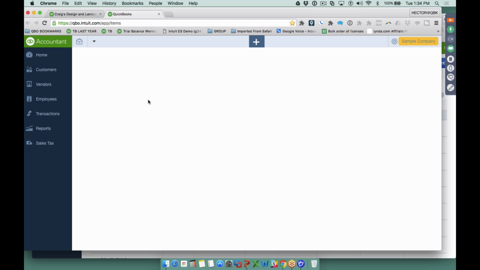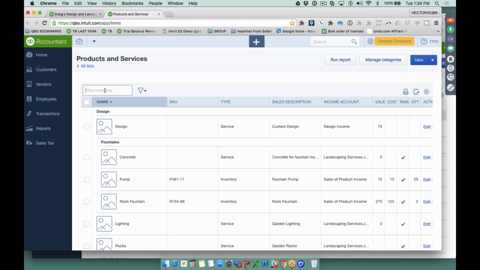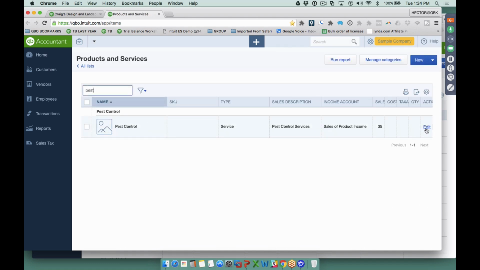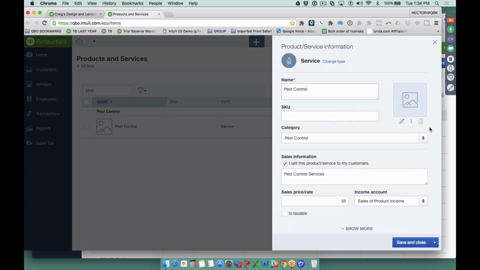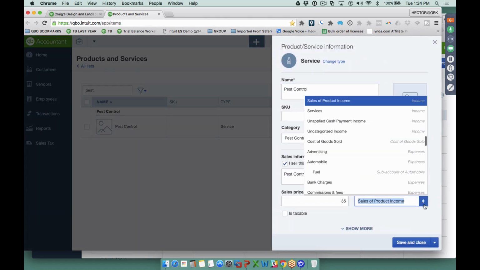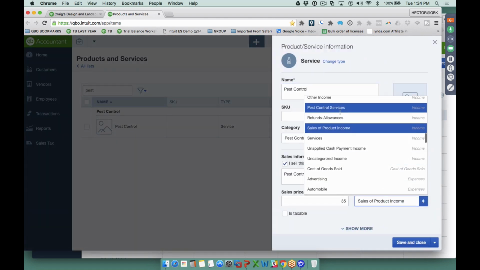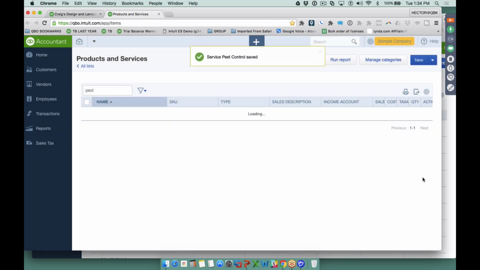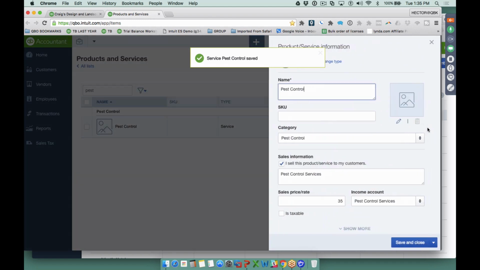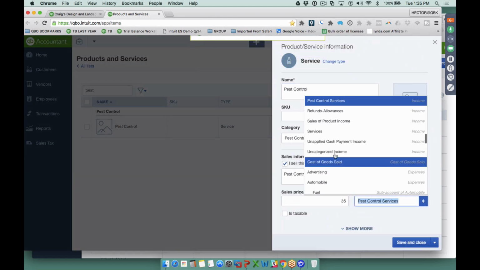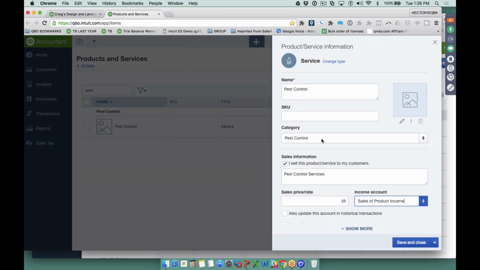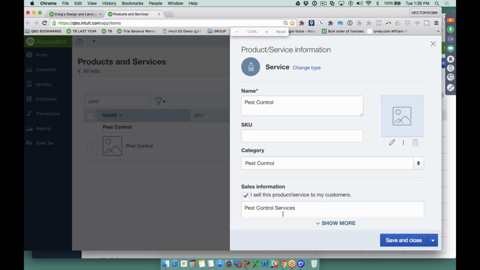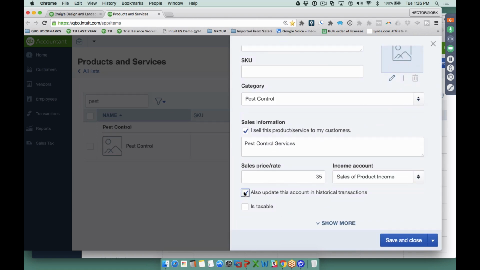Then I'm going to go into the pest control item and edit that item. I'm going to change the account back to pest control without changing the historicals. I hit save and close, and then I'll go in and edit it and change it where I want it to go, which we said was sales of product income, and then make sure I hit that little checkbox called also update historical transactions and hit